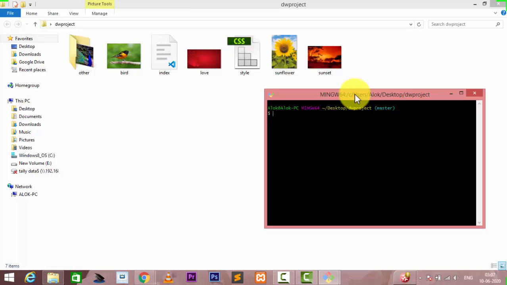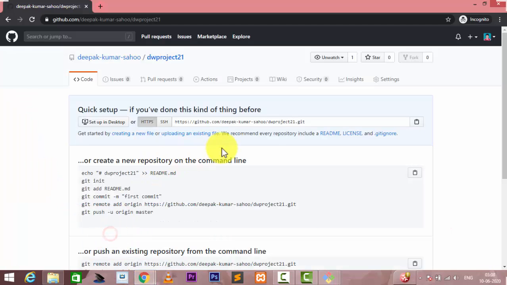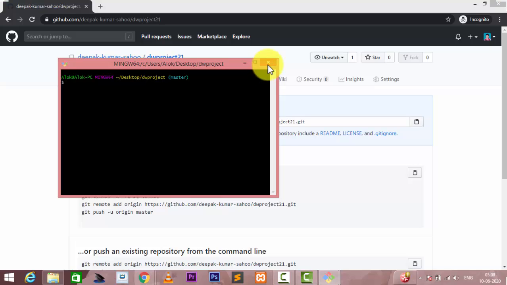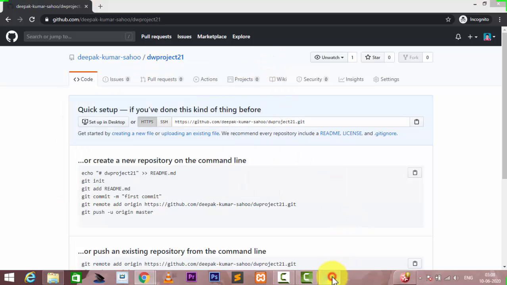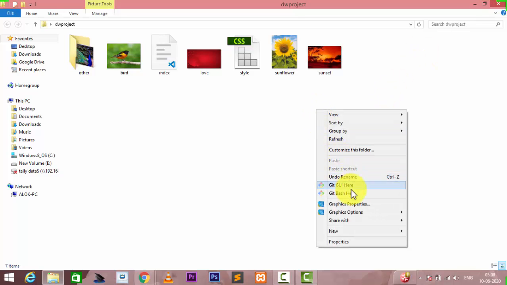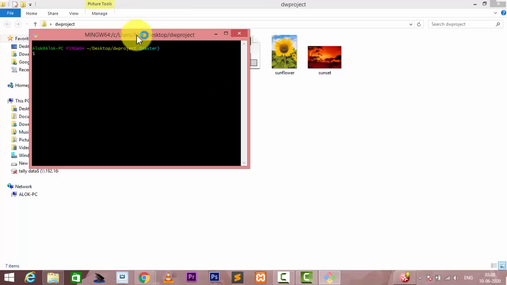So I just simply use git clone here. Then, sorry, I simply go here and copy this one, and go again here and open another container. Again I open it. So I simply copy this one, go to DW, right click, go to git bash, then